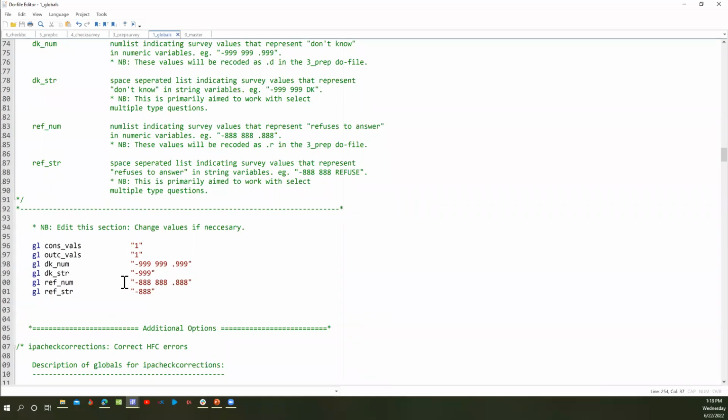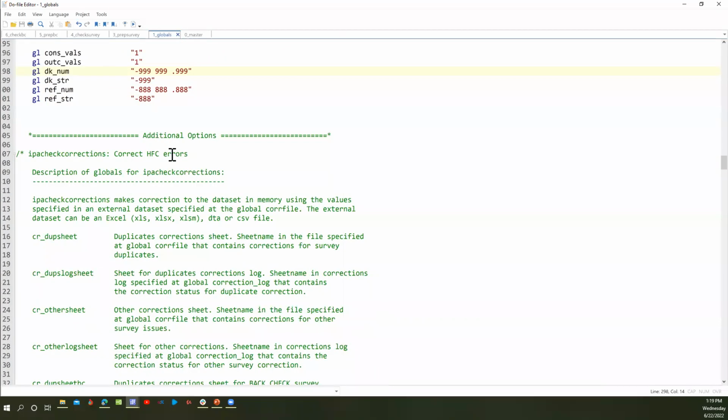Sometimes you would see that in some surveys, for some reason, maybe the programming didn't take care of a specific thing. People use 999. So if the default code to use for don't know is -99, people are using 999 or .999 for don't know, and you basically want to take care of all of this by having a space separated list of don't know values. You need to specify them separately for numeric and string.